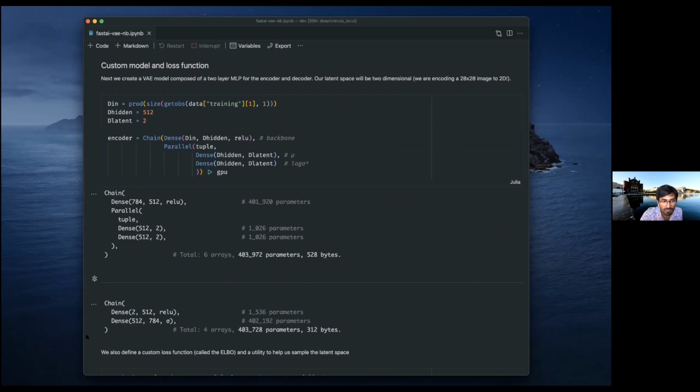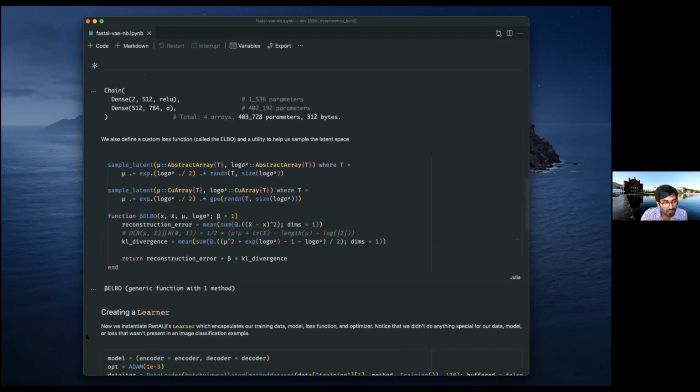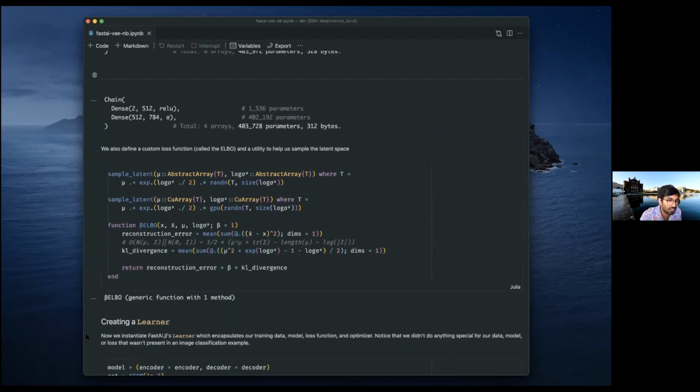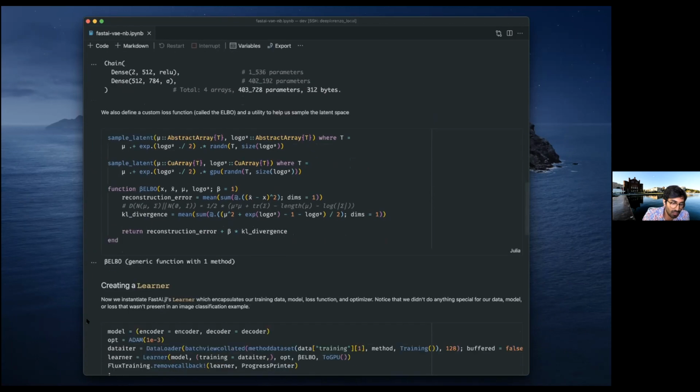So next, we're going to define a custom model since we're using a VAE over here, which is not a pre-built model you can get off the shelf. And so here we just use a regular Flux model. Anywhere in FastAI you want to use your own model, you can. It just works. You don't have to do anything special for it. And if you scroll down a little bit below, we also define here a custom loss function and also a function that helps us sample from that latent space, like I mentioned. And again, these pieces, the model and the loss, will just plug right into the existing FastAI framework. And we'll see that down below if we look at the learner.